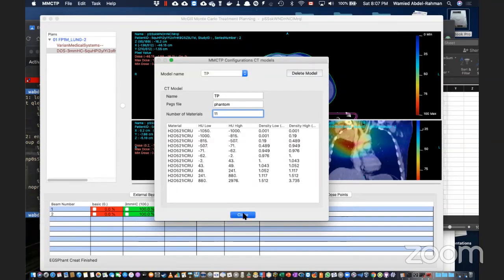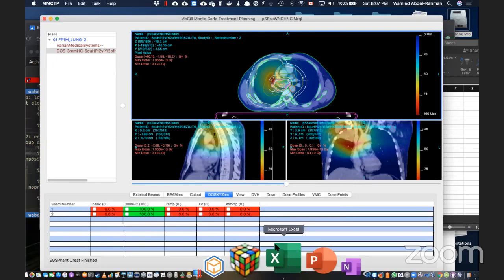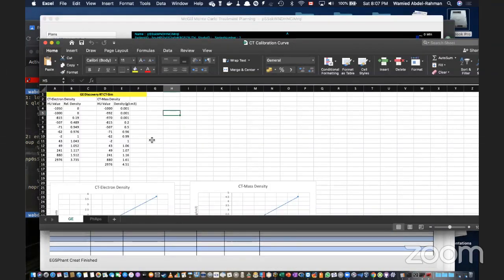Now, how to do this? This is the tricky part, and I did not actually work on it. But what I was thinking is, for example, let's look at, so I'm going to put air here. So anything between minus 1000 to minus 815, I'm going to put air. And the density, this one, I can put 0.1. Then between here and here,